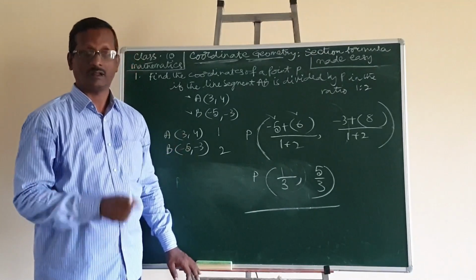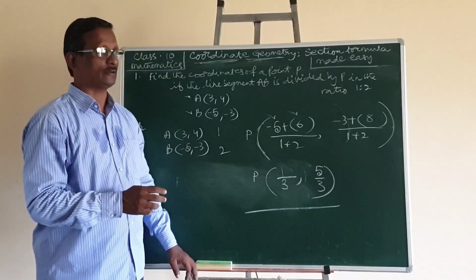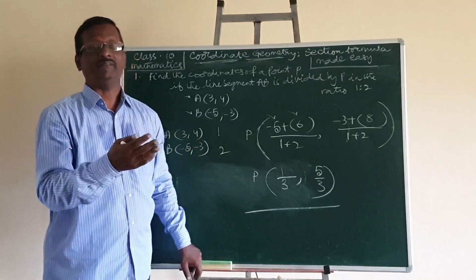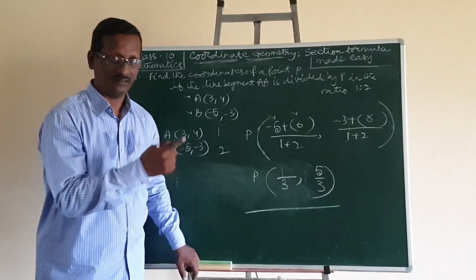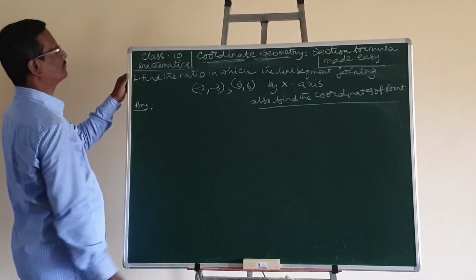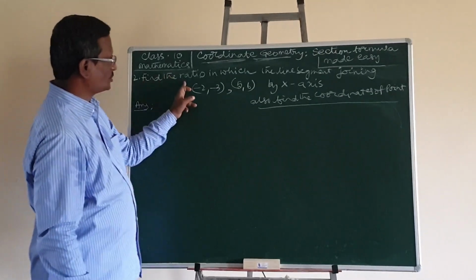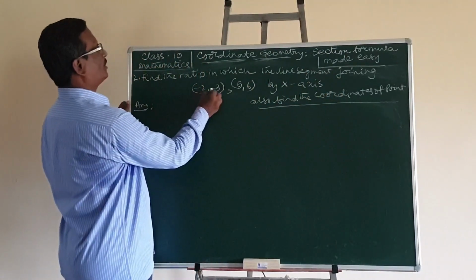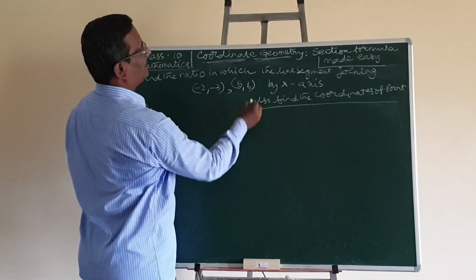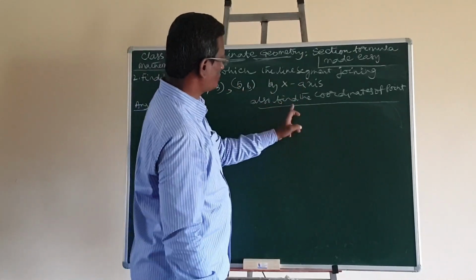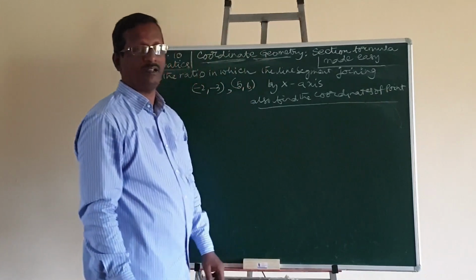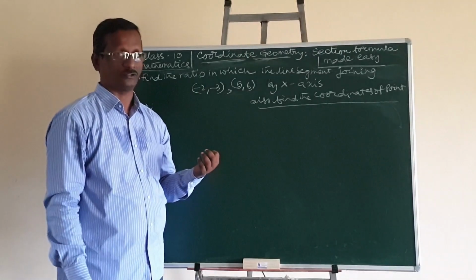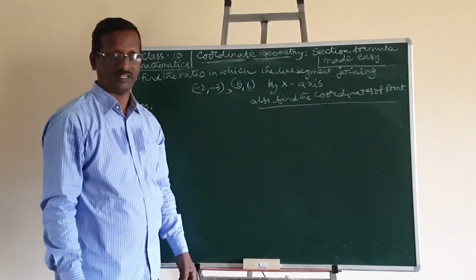So, very simple application. Now another question where the coordinates of point P are given. We need to find the ratio in which the point P divides. For the next question, here the question is: find the ratio in which the line segment joining the 2 points -2, -3 and 5, 6 is divided by the x-axis. Also find the coordinates of the point. Here we need to find the ratio and the coordinates of point P also. It is in fact a board examination question.